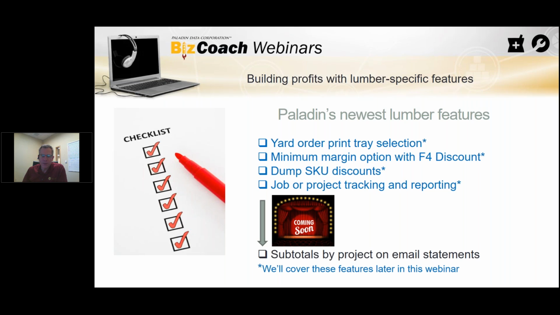Also, minimum margin option. So minimum margins, as I mentioned before, we've increased that to be very specific to a department. It used to be where minimum margin was across the board, right? You said, what's the minimum margin that you want to protect your store's margins? But it didn't give you an opportunity to specify individual departments. Some departments you have more leniency with margin, others you're really tight on margin. So this way it gives you a great way to go into your departments and go into building materials and set it a little lower, go into some of your other items, set it higher,